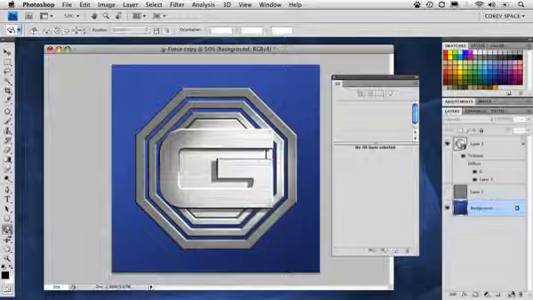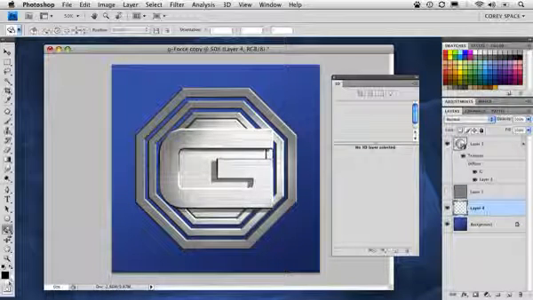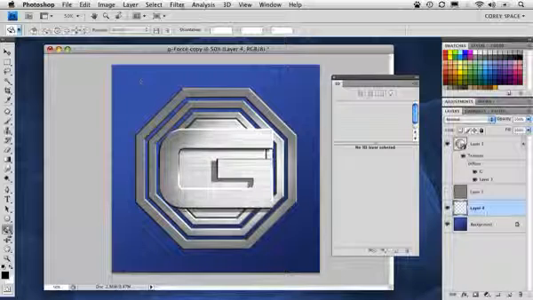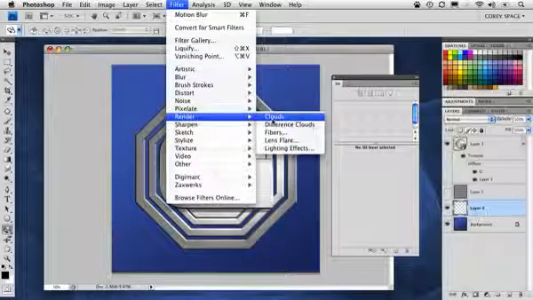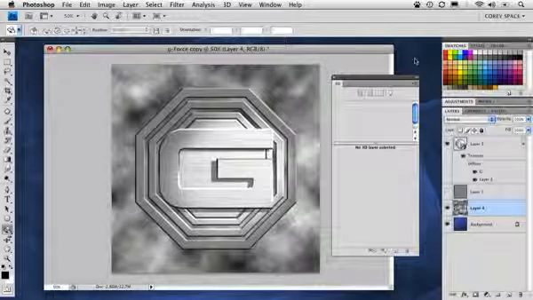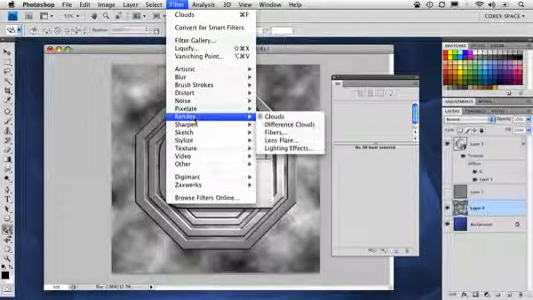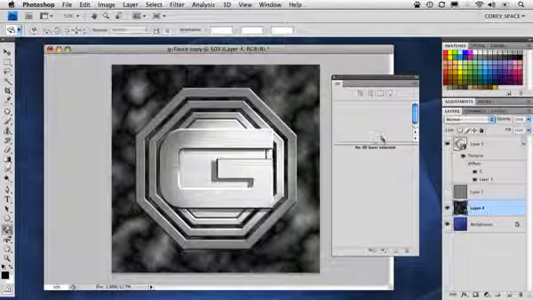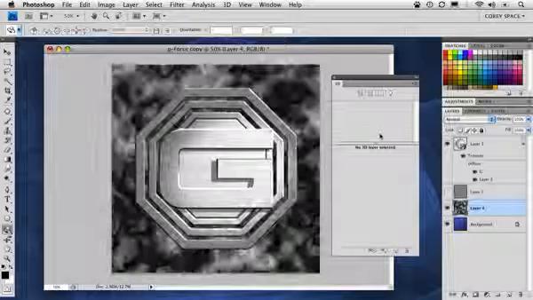I just don't want it to be a solid color. So I'm going to go ahead and create a new layer above that background layer. Make sure that your default colors are set to black and white over here. Simply press the D key on your keyboard. And I'm going to go into the Filter menu and go to Render and choose Clouds. Then we're going to go under the Filter menu again, and this time choose Render, Difference Clouds. I'm going to press that several times, just kind of so it builds on that effect,